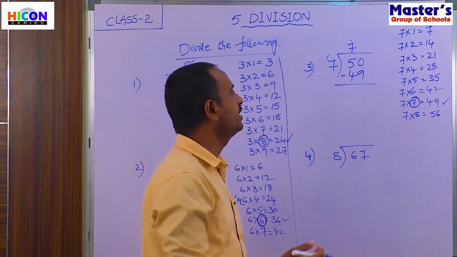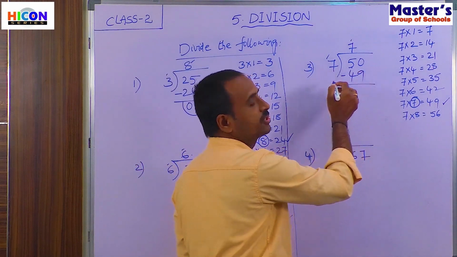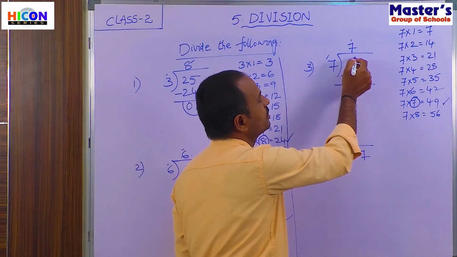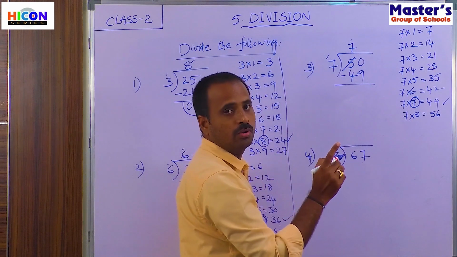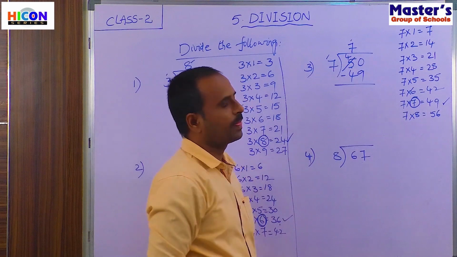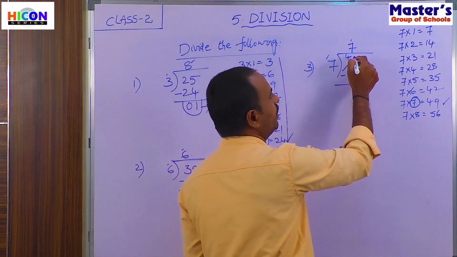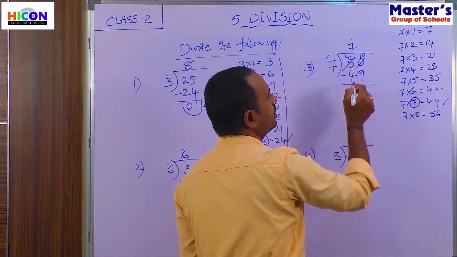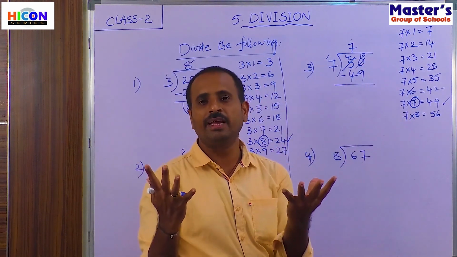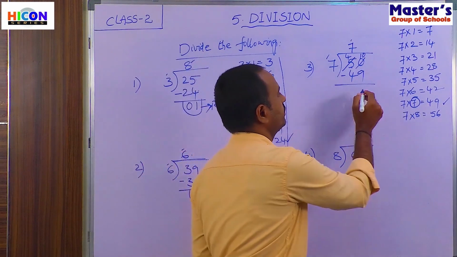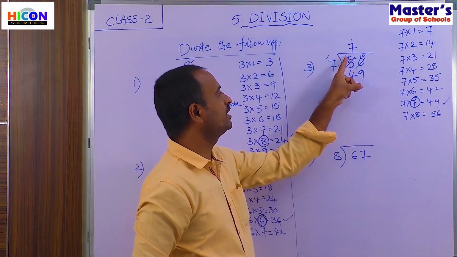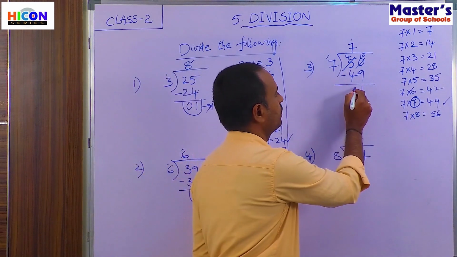That's why we have to take carrying. So how do we take carrying? Take carrying from the next place. What is the next place? The tens place. How many tens are there? 5 tens. So take 1 ten, borrow from the 5 tens. Then how many tens will be there? There will be 4 tens. And carry the 1 ten to the ones place, then it will be 10 ones. Now subtract 9 from 10. So if you subtract 9 from 10, you will get 1. And subtract the digits present in the tens place, 4 and 4. That is 4 minus 4, 0.